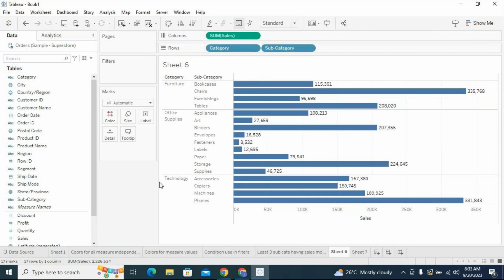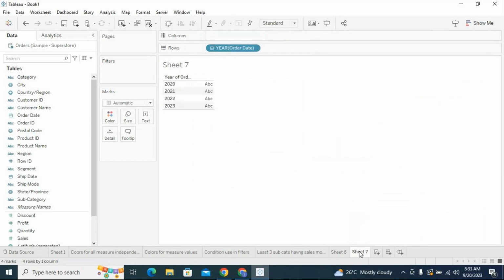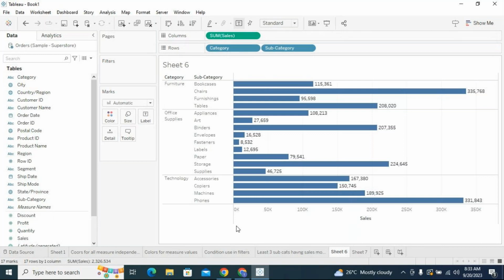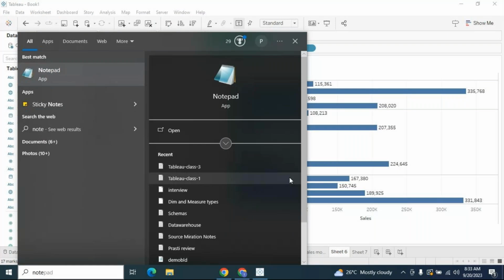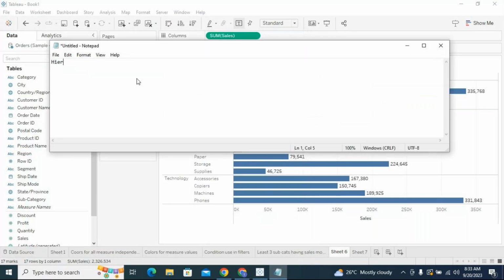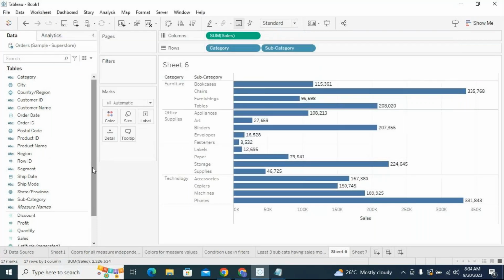So sheet 6. If you look at sheet 6, is it possible to create a hierarchy between multiple dimensions? Here date is a default hierarchy, so there is no need to create a hierarchy for this. Now, is it possible to create a hierarchy between dimensions? So what is a hierarchy? Hierarchy is nothing but creating a parent child relation